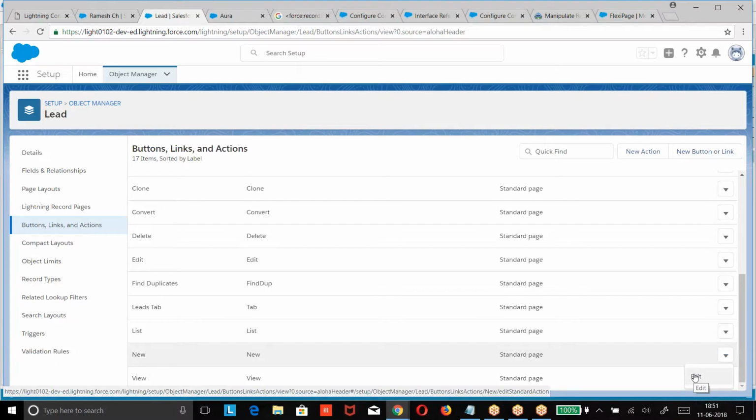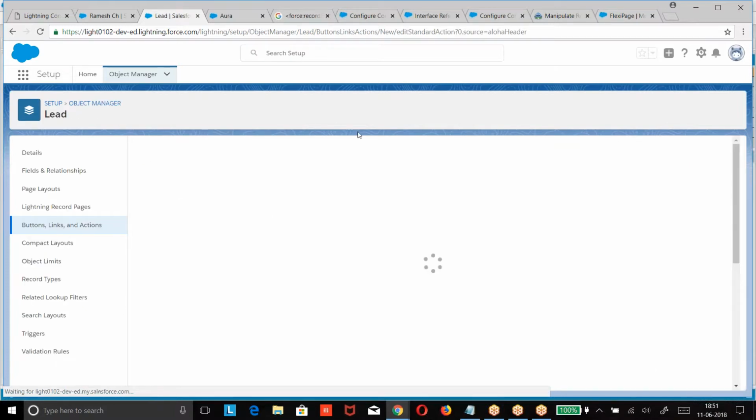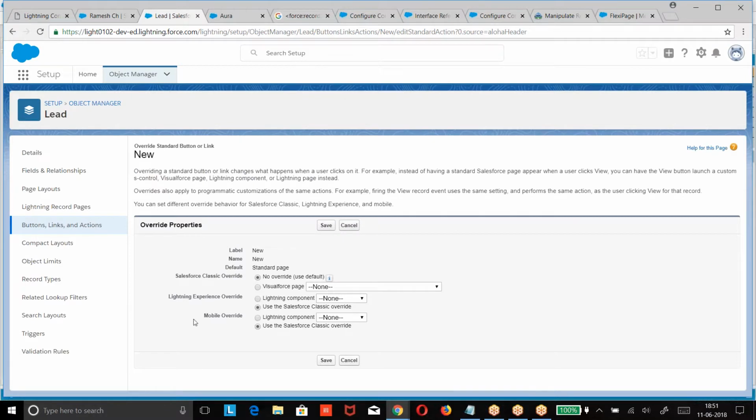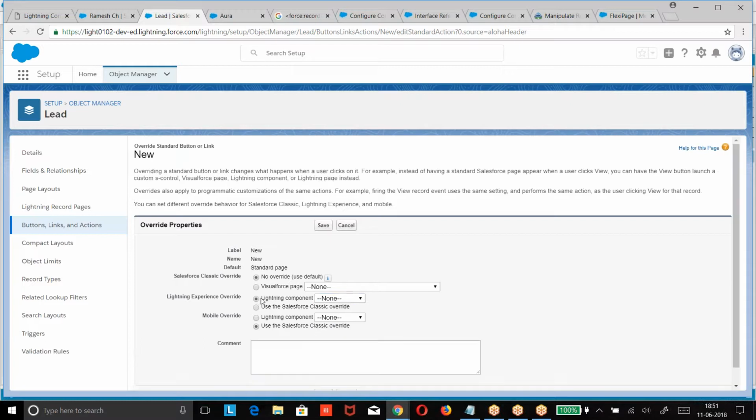Select the button. Click on edit. Lightning Experience, Classic, Lightning. Now, lead. We are getting this component because we gave lightning action override. Because we implemented that interface, this component is visible here. Similarly, when you are trying to override a standard button in Classic, only those Visualforce pages which have the standard controller equal to the name of that object will come.